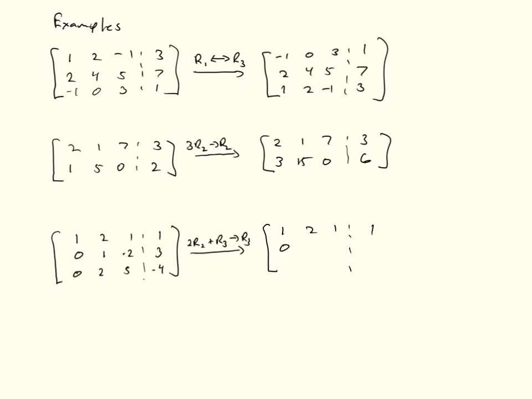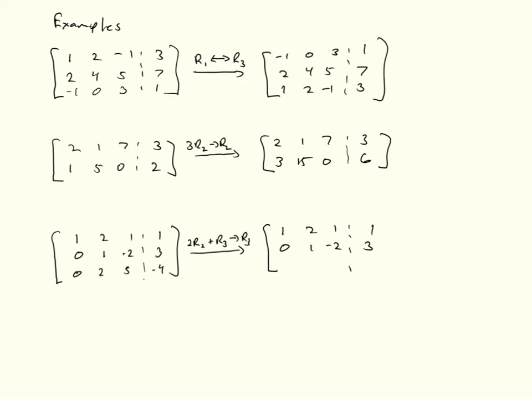And row 2 will be 0, 1, -2, and 3. And now what I'm going to do is take 2 times row 2 and add it to row 3. So when I take 2 times 1, that's 2, add it to 2, that's going to give me a